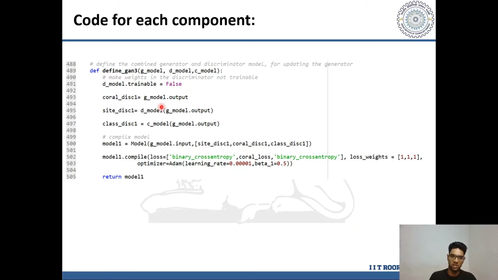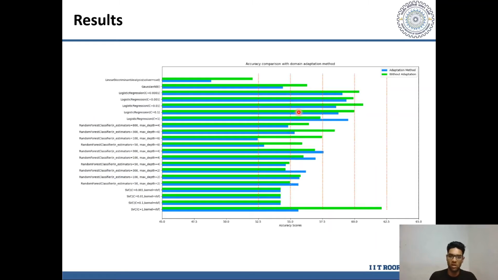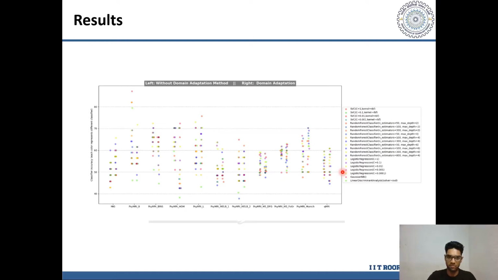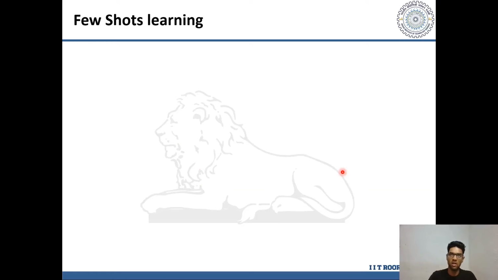So we defined all three of these loss functions together, and now actually the results are not better, actually it's worse, because we are now penalizing the model with a lot of loss functions. So that's the takeaway we can draw from it. In conclusion, introducing too many loss functions didn't help in this case. Similarly for each site. So now we tried few-shot learning to deal with our data set because we have